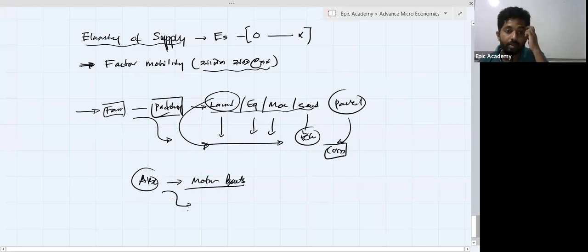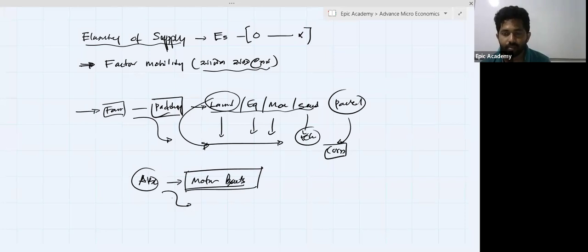Can he produce another production? No, he cannot produce. Why? His entire production process and industry, each and everything is related to the motorboat production. His machineries, equipments, workers, ability, training, each and everything is related to the motorboat production. He cannot produce some motor vehicle. He cannot produce that. So that's the difference.